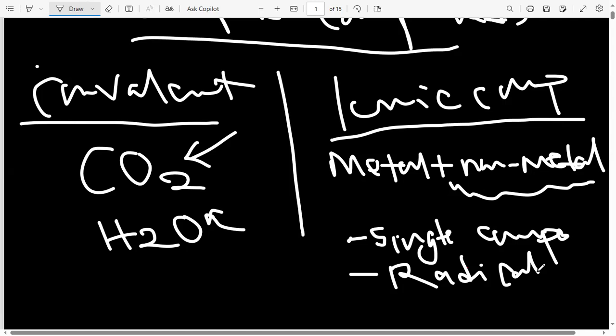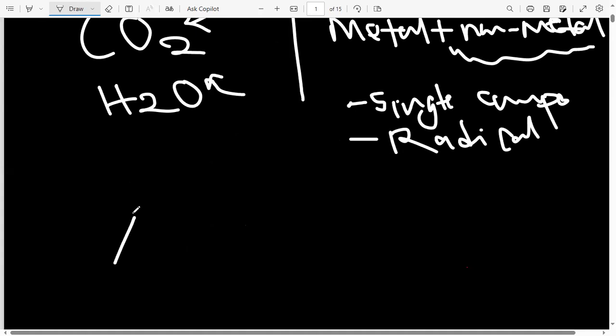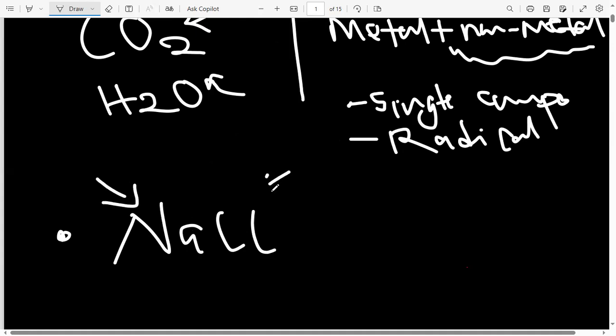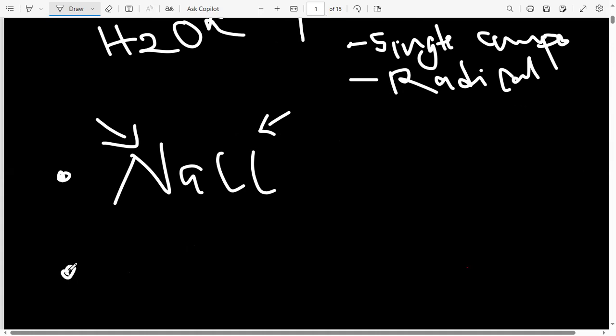non-metal. For example, in the compound sodium chloride, we have sodium here, which is a metal, and then we have chlorine there, which is a non-metal. So this is the first type, where you have a metal combined with a single non-metal. And then in the other type, under these ionic compounds, you have a metal combining with a radical. So for example, if you get